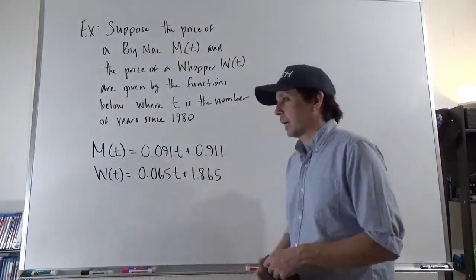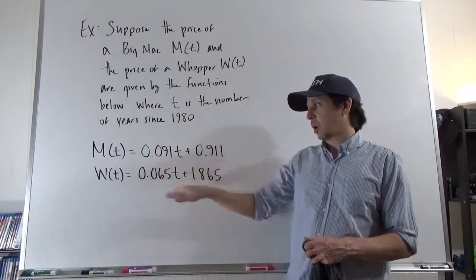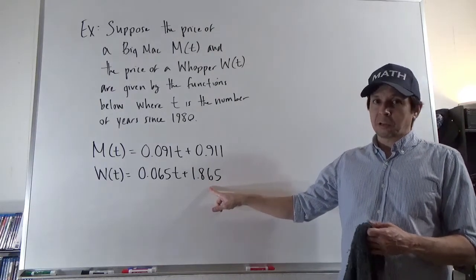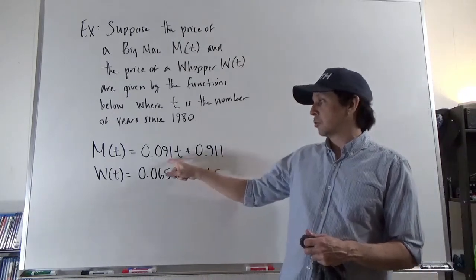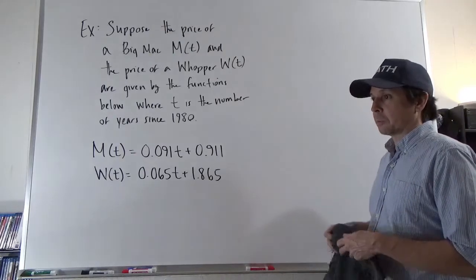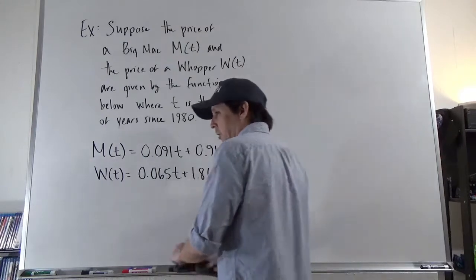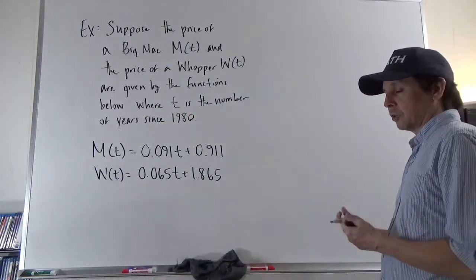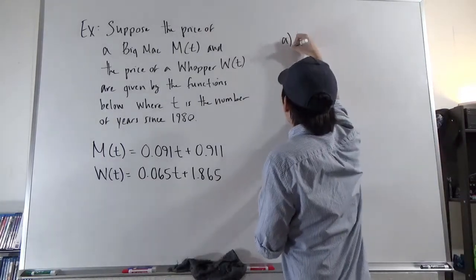Which means it's similar to the Gary's and Harry's in the sense that the Big Mac is increasing faster in price than the Whopper, although the Whopper started at a higher price in 1980. So Whoppers were expensive in 1980, Big Macs were cheap, but eventually Big Macs are going to overtake it because it's increasing at a faster rate. So it's that very similar thing of different slopes, and the Big Mac will overtake the Whopper. We're not getting into it. I don't think I'm even going to do a graph here. I want to focus on just, hey, let's just work with abstract functions and just get used to interpreting it using function notation and be able to answer questions like,